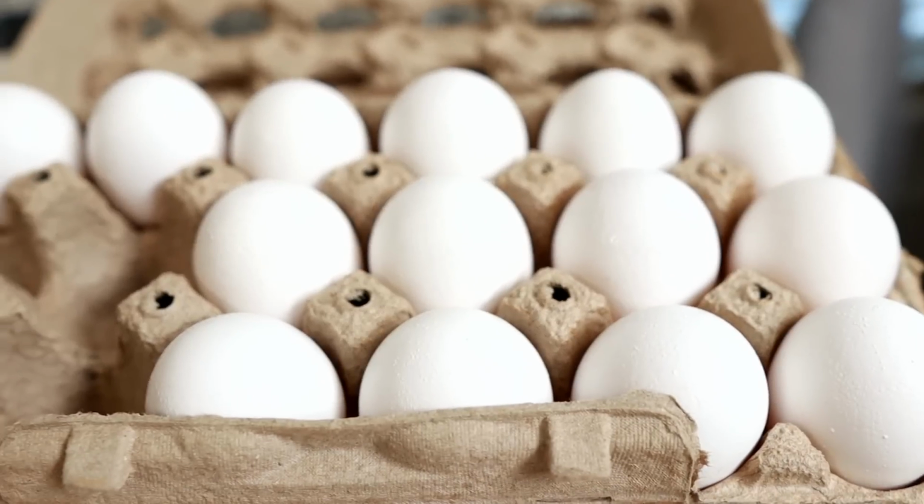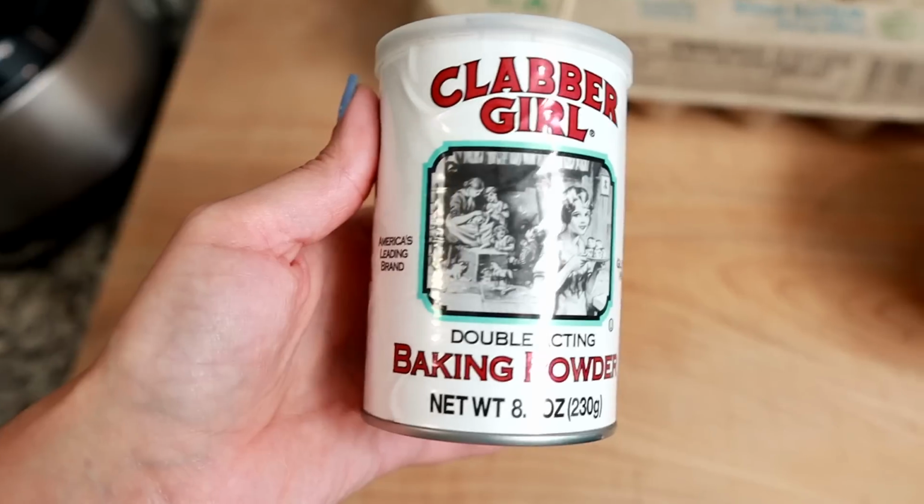You're also gonna be needing eggs, Parmesan cheese, and baking powder. And also, if you want to make it taste like a bagel, you're gonna be needing bagel seasoning, and we do have one of those everything bagel blends that we're gonna be using with this recipe. Let's get started, but before we do,